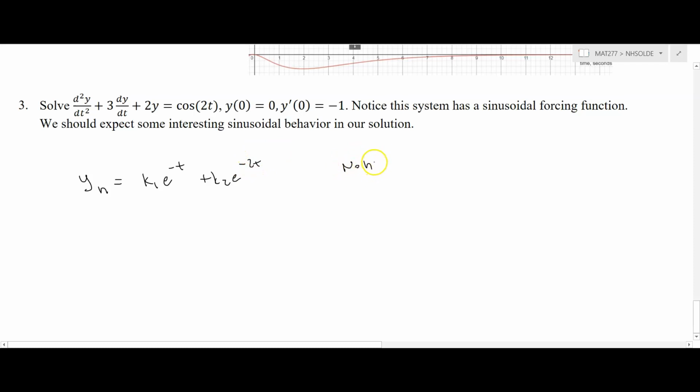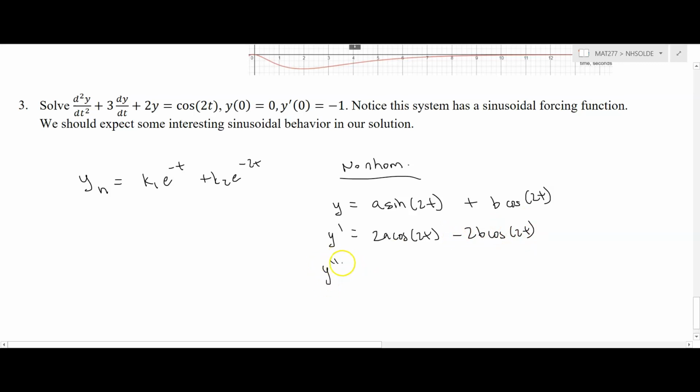Now, for the non-homogeneous, if we can recall from when we were solving non-homogeneous linear differential equations that were first order, whenever we had a sine or a cosine on there, our guess had to be of the form a sine 2t plus b cosine 2t. And the reason for that is this issue of the first derivative here: if you let y equal sine of 2t, then its derivative will involve cosine of 2t, and its second derivative will be back to sine of 2t, negative. But if a sine of 2t plus b cosine of 2t is used, then each of these gets a derivative, and so the sine becomes a cosine, the cosine becomes a sine, and it just sort of helps everything work out. So y prime is going to be 2a cosine 2t plus minus 2b sine 2t,